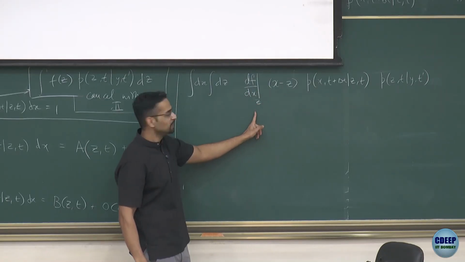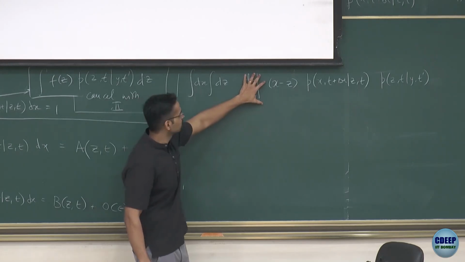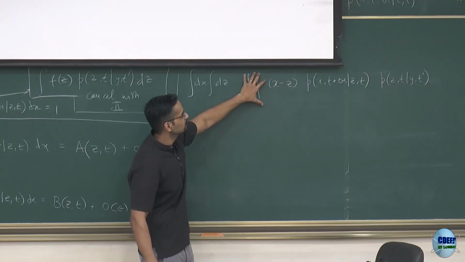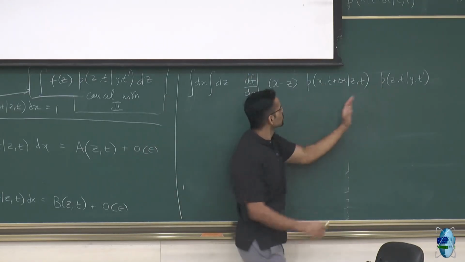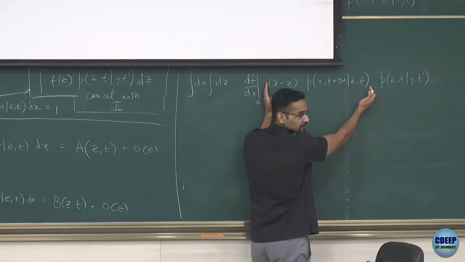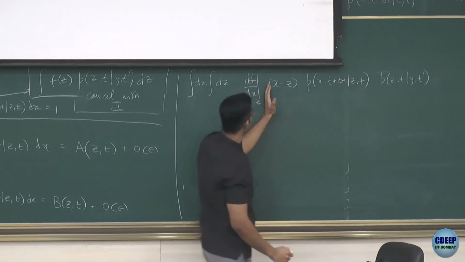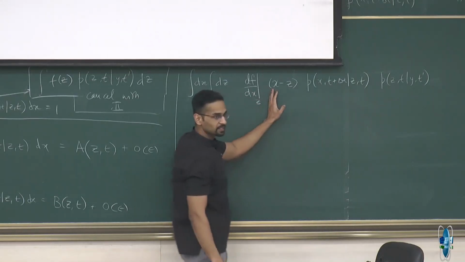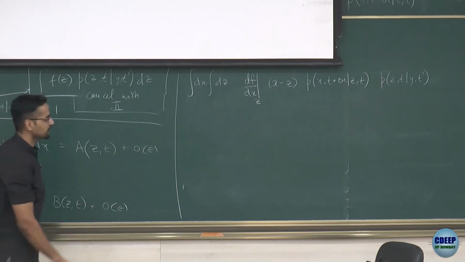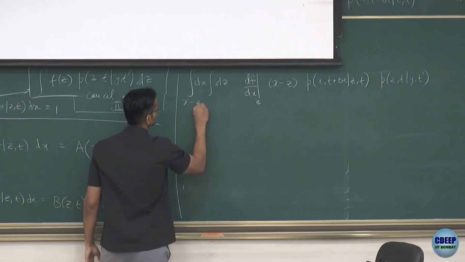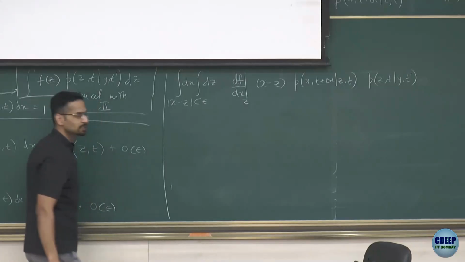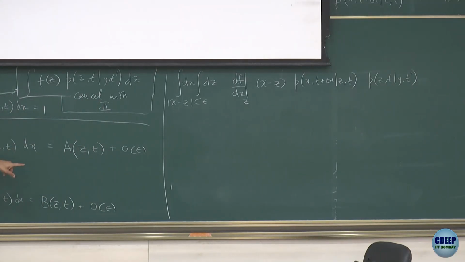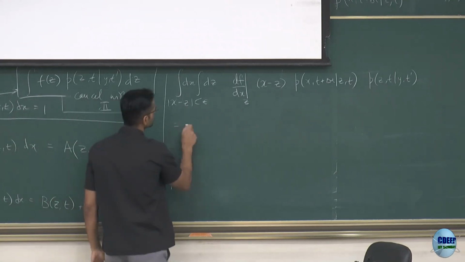This is only a function of z. So when I think about the integral over x, this is a function of z. It's like a constant. Right? So when I apply the integral over x, this is some constant. It's only this that gets integrated. Correct? So I can split up the integral as d by dx of this stuff and all the rest. But what is d by dx of that? Again, of course, I have x minus z less than epsilon. Right? That is just a. So this thing becomes equal to